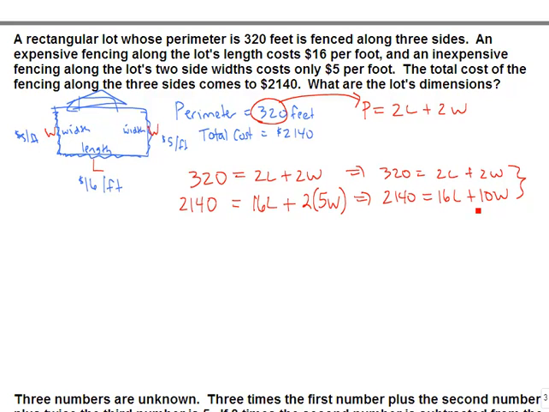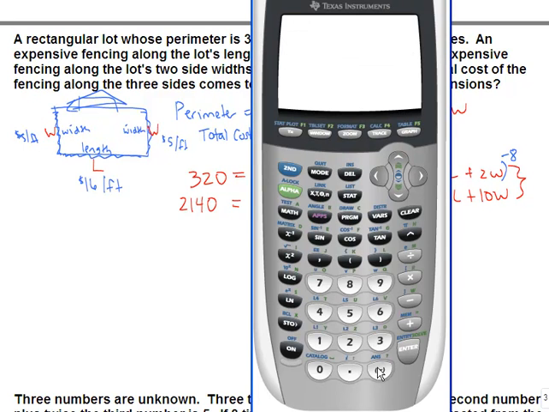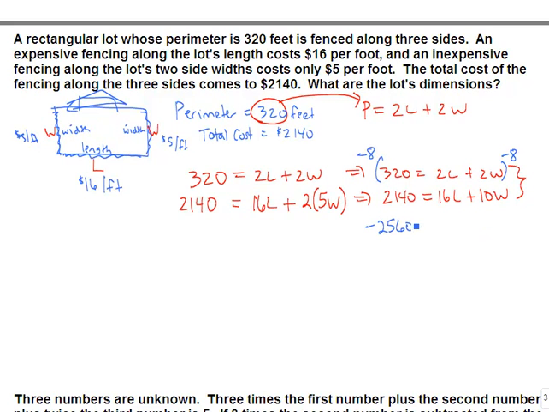Let's say that we wanted to get rid of the L's, then I would need this L up here to become a negative 16, and in order to make that happen, I'm going to have to multiply the equation by negative 8. So let's go ahead and do that. Negative 8 times 320, let's figure that out. Negative 8 times 320 is negative 2560. Negative 8 times 2L is negative 16L, and negative 8 times 2W is negative 16W. So there's the top equation multiplied through by negative 8. Let's just recopy the bottom equation,